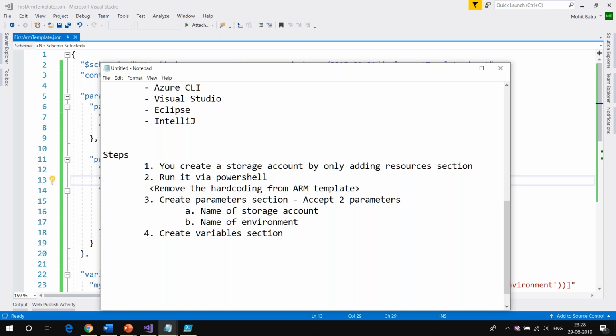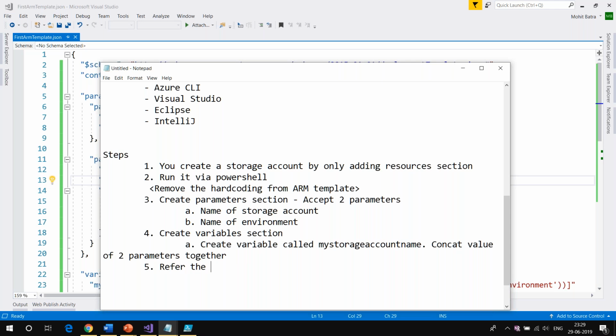So in the variable section, create a variable called my storage account name, and concatenate the values of 2 parameters together. Step number 5, refer the variable instead of the hard coded storage account name.